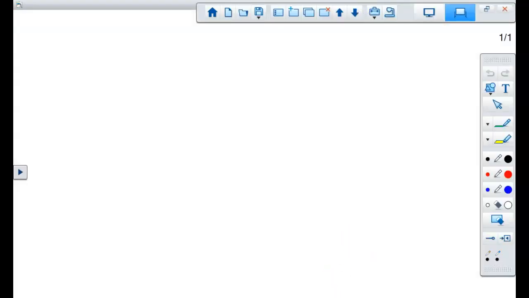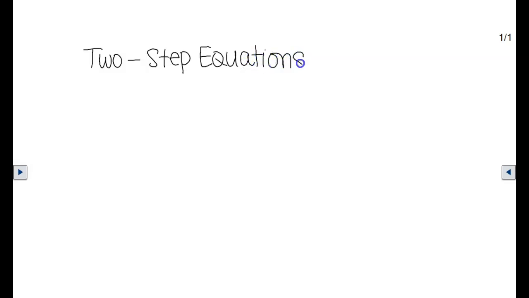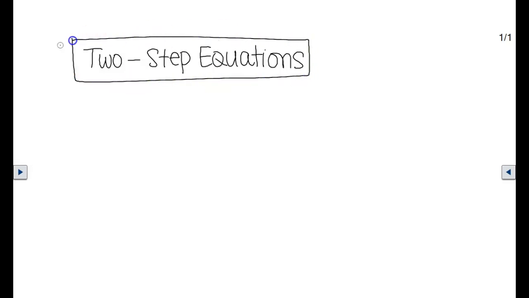All right, so we have spent a couple of days now solving one-step equations. So I think it's time now to kind of build on that. And so today we are going to be doing two-step equations. Now, you'll remember that when we did the one-step equations, they got their name from the fact that they had